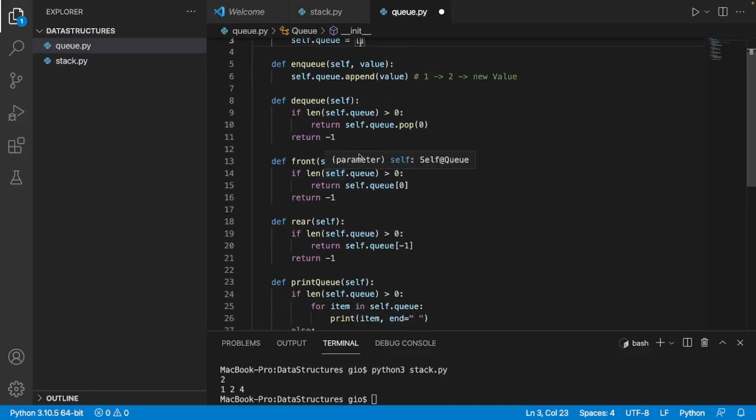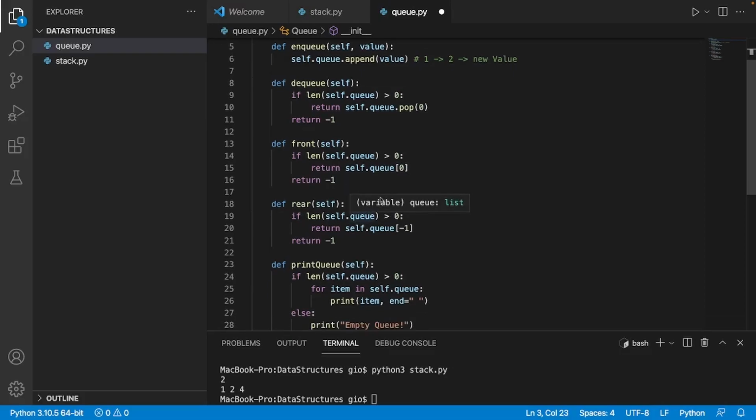Then we have another method called front. If there is values in the queue, then we're going to return the frontmost value in this queue. So we're just going to return the first index, which is the first value in the queue. And if not, then we're going to return -1. And then we have the rear method, which gets the last value in the queue, and we just provide the index of -1 because of Python behavior is that if we use the -1 index,